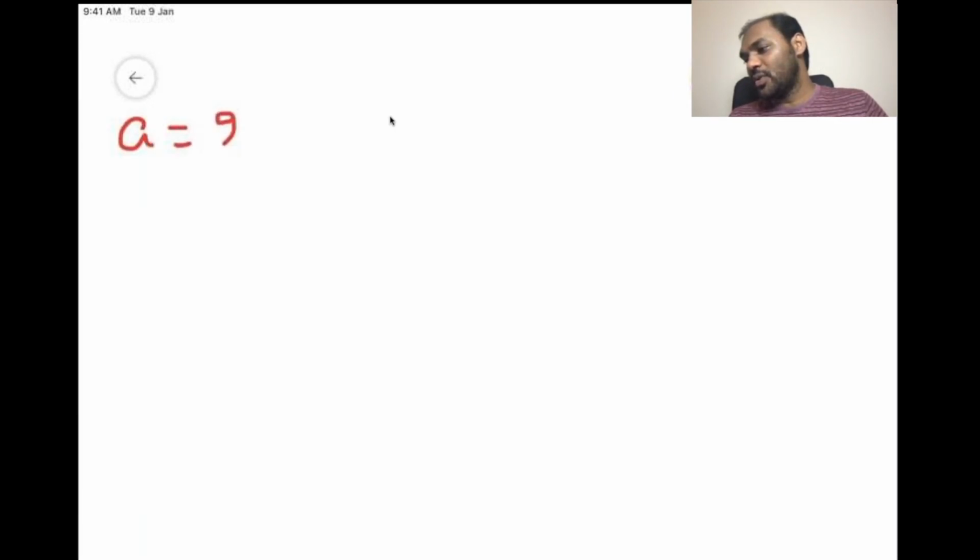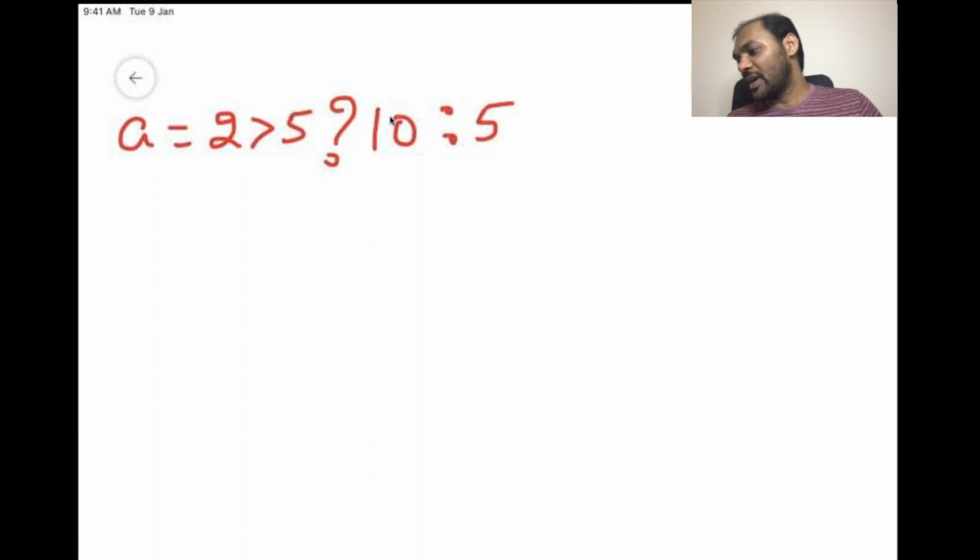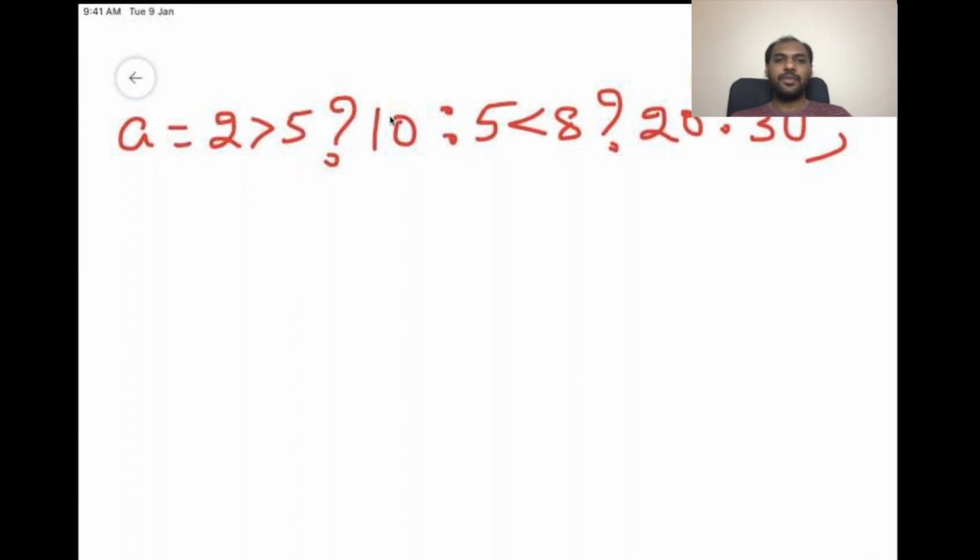a = 2 > 5 ? 10 : 5 < 8 ? 20 : 30; In the previous examples we had only 1 question mark and 1 colon, a very simple evaluation.